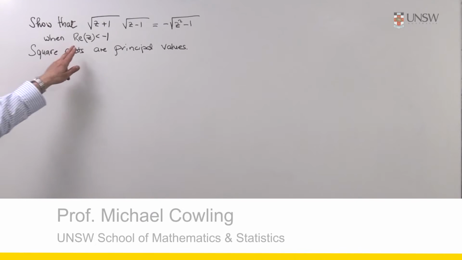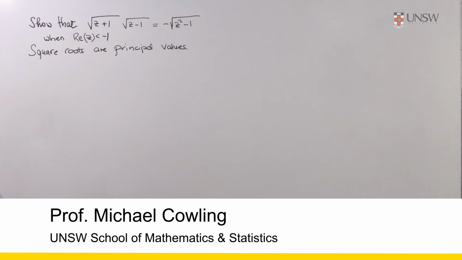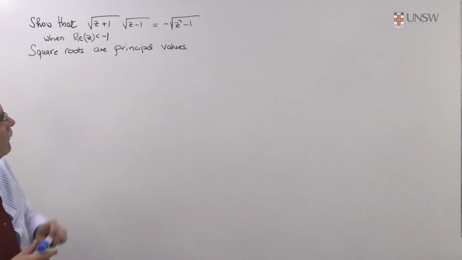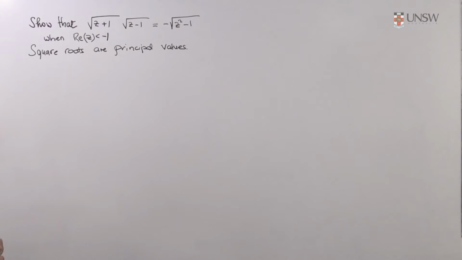So we're asked to show the square root of z plus 1 by the square root of z minus 1 is equal to minus the square root of z squared minus 1. Here, square roots are principal values. So notice that